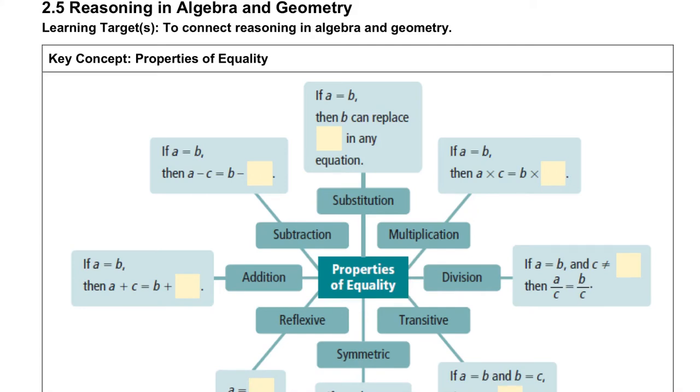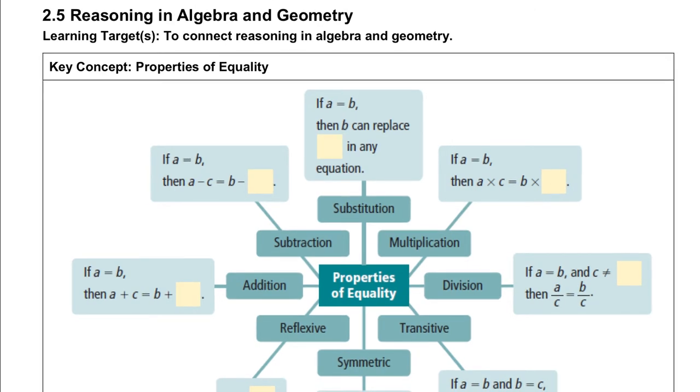Okay, so moving on from deductive reasoning. We are going to talk about reasoning with algebra, or reasoning in algebra and geometry. And in order to do this, we have to remember some properties that we used in Algebra 1. These are properties we use to solve equations from Algebra 1. So I'm going to kind of go around